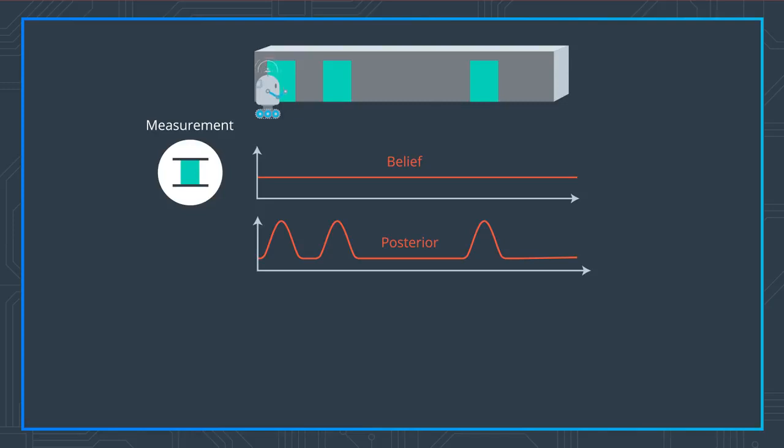Now, the key aspect of this belief is that we still don't know where we are. There's 3 possible door locations, and in fact, it might be that the sensors were erroneous and we accidentally saw a door where there is none. So there's still a residual probability of being at these places over here. But these 3 bumps together really express our current best belief of where we are. This representation is absolutely core to probability and to mobile robot localization.